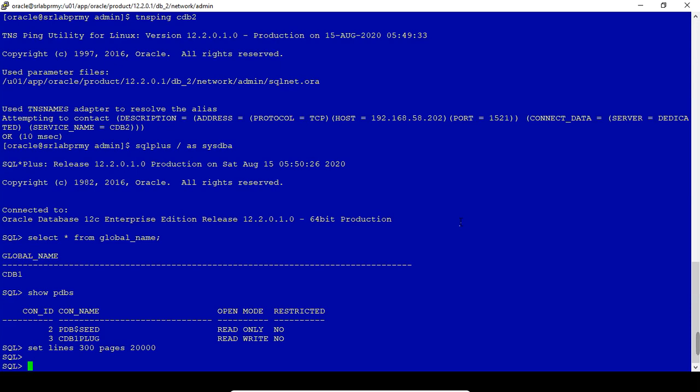So what I am going to do: alter system set the underscore Oracle parameter.